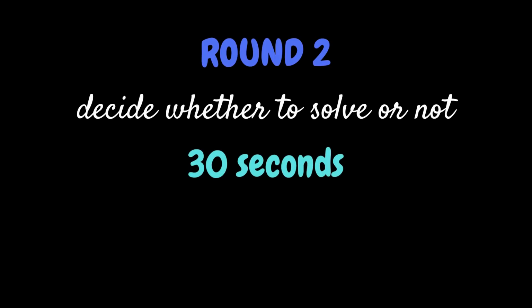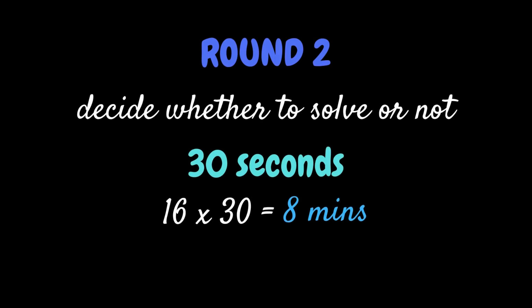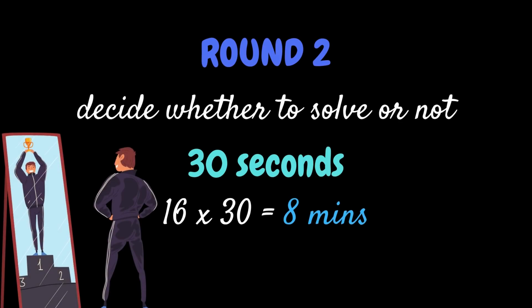See, at the end of round one, you were done with 8 questions. So now you are left with 16 questions, and spending 30 seconds per question means you are going to spend 8 minutes in total on reading the statement and trying to attempt the question, and after 30 seconds you need to make a choice. The choice would be whether or not you want to spend more time on the question. This will save you from an ego trap, which is a big problem in the QA section.